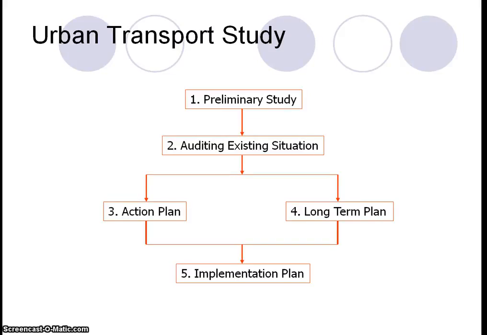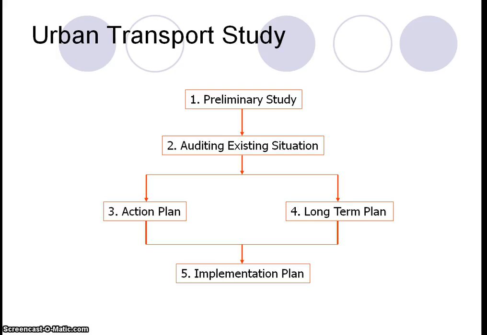I hope we still remember this one. When we want to do an urban transport study, these are the main activities we have to carry out: preliminary study, auditing existing situation, action plan, long-term plan, and implementation plan. So these are the major activities, but each of these major activities also has many